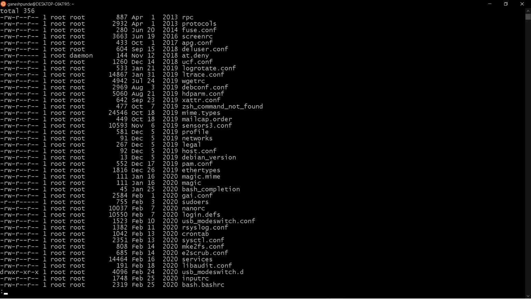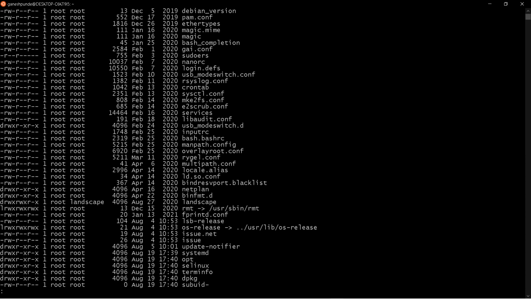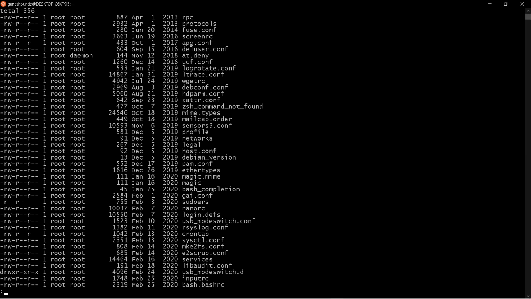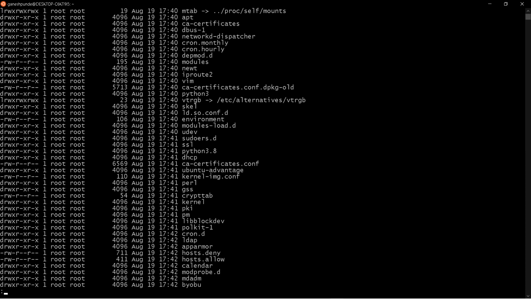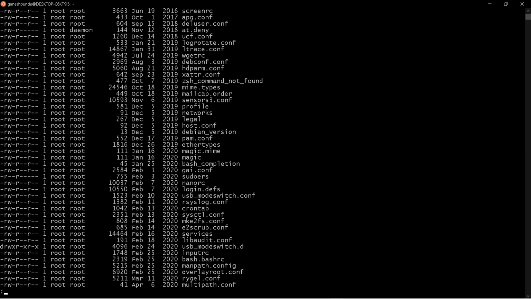So if you want to see the next page, you need to press D. D means down and B means backward. So if you want to see down, you can see down, right? Now if I say B, it will go back. So D will go down, down, down, and if I say B, back, back, back.